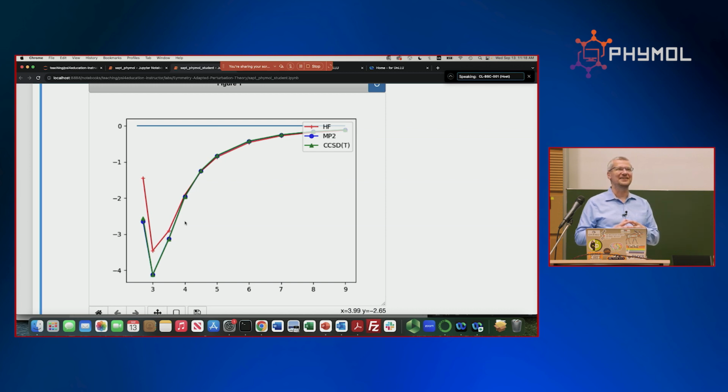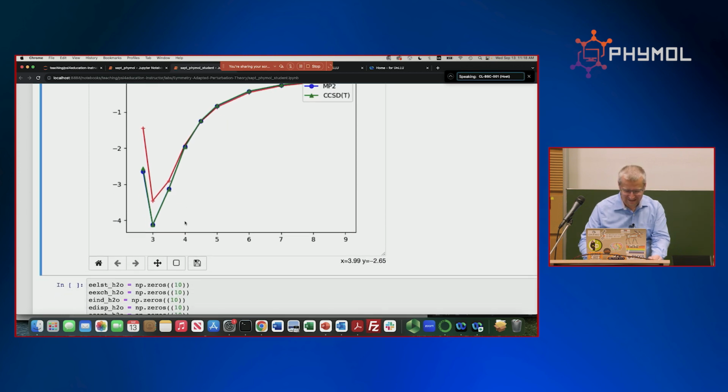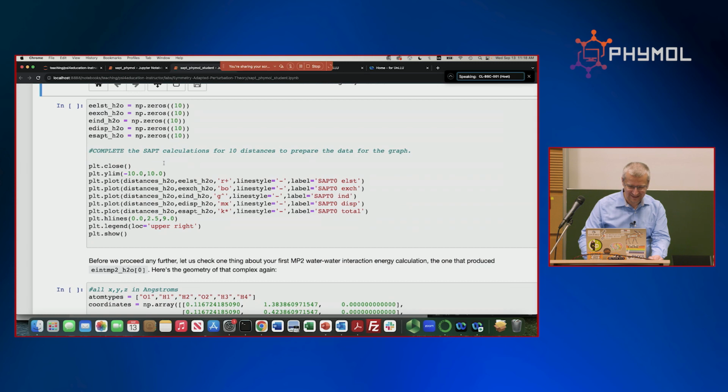Electrostatics. There's definitely something that, if the molecules were further apart, I would call a dipole-dipole interaction, a favorable one. Because they're close enough for the densities to overlap, I won't use the long-range names, but there's definitely favorable electrostatics. So let's run some SAPT, and I guess I need to copy and paste the code to run SAPT, and